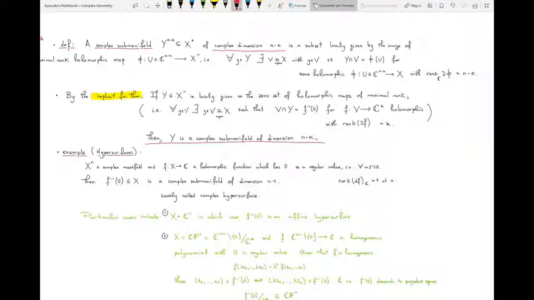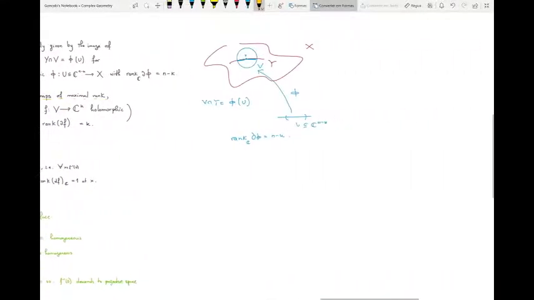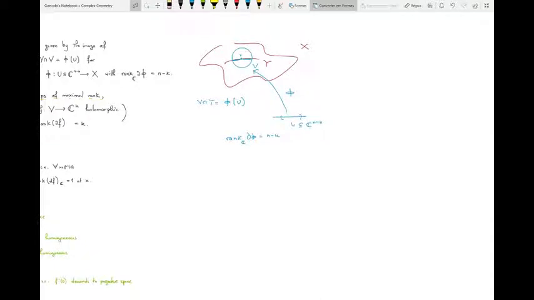Being locally given as the zero set of holomorphic maps of maximal rank means exactly what I've written below: for all points y in Y, there exists an open set V containing them, such that the intersection is the zero set of a map from V to C^k that is holomorphic. So it means that in this picture, if you add, for instance, a function f to C^k